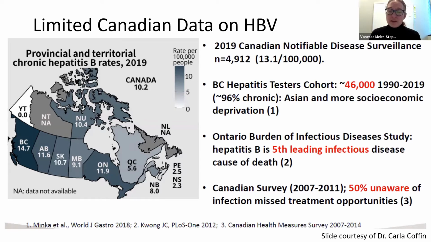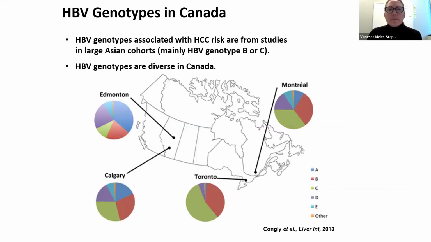And so part of the survey ended up having to diagnose or disclose a lot of these new infections. So we don't have a lot of data, first off, and the rates across Canada vary, and this can make it difficult to generalize for a lot of these things going forward.